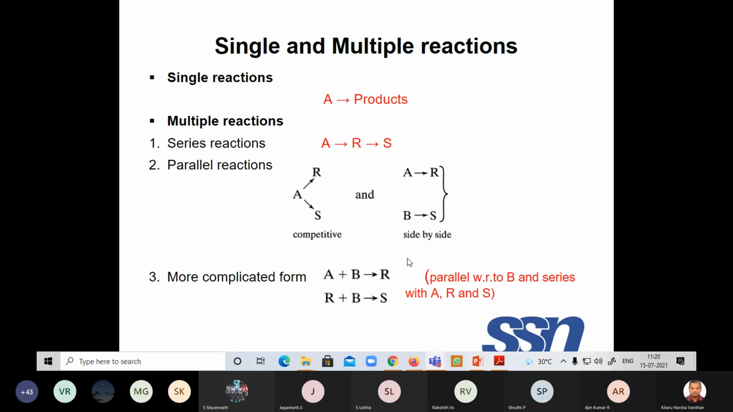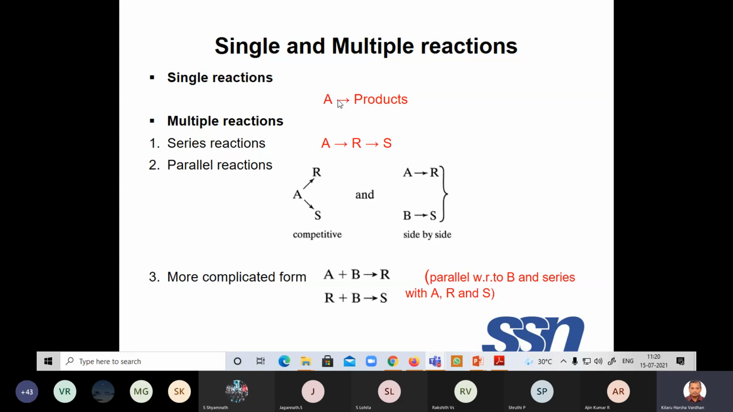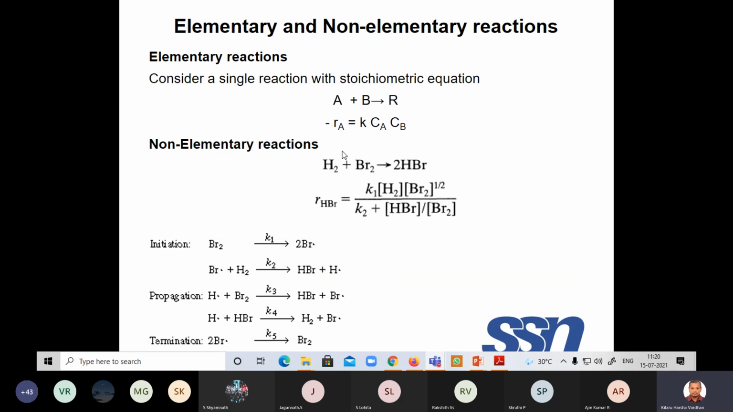Next, we have to discuss elementary and non-elementary reactions. Very important, a 2 marks question will come. Now, when do we call a reaction elementary and when do we call it non-elementary? Assume there is a single reaction, in the sense that some reactant is giving you product, with no parallel or series combination. So A plus B is giving R. This is a kind of single reaction. If this reaction is elementary, then you can write the rate as minus r_A equals